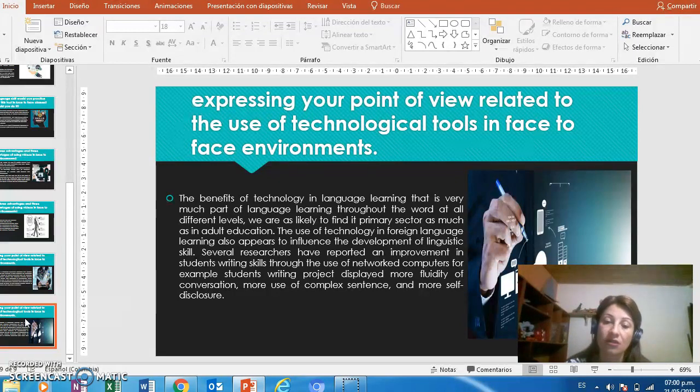The use of technology in foreign language learning also appears to influence the development of linguistic skills. Several studies have reported an improvement in students' writing skill through the use of networked computers. For example, students' writing projects display more fluency and conversation, more use of complex